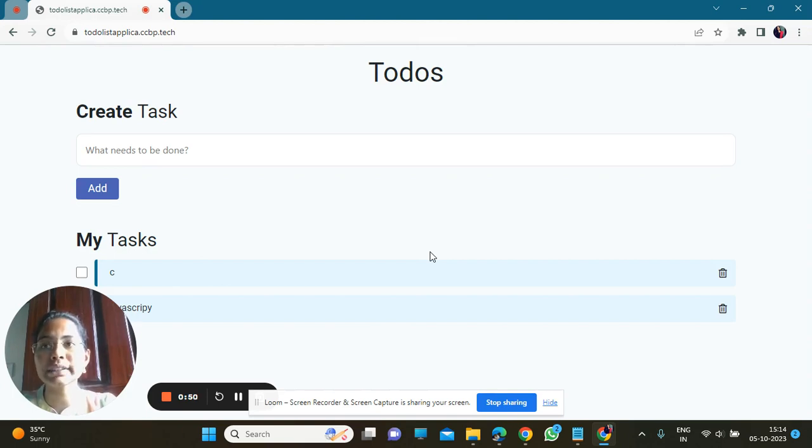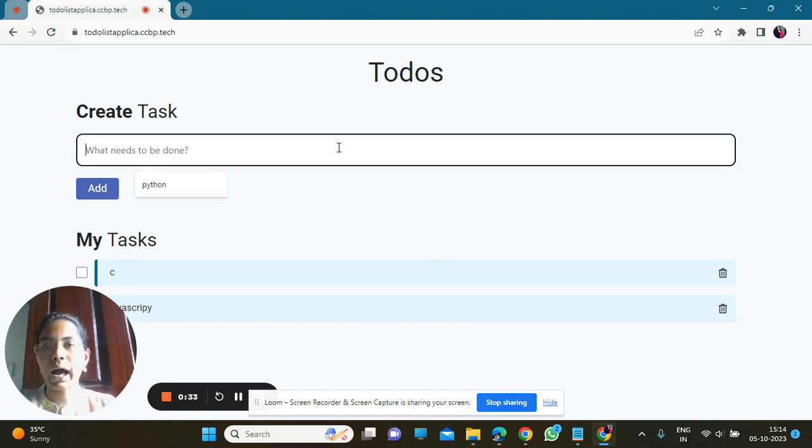DOM means Document Object Model manipulation, used to interact with the HTML elements on this page. It also uses event listeners to detect user input and respond accordingly. For example, when a user clicks on the add task button,